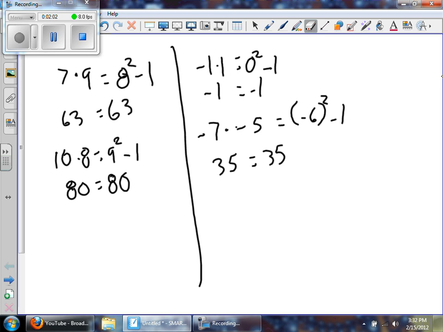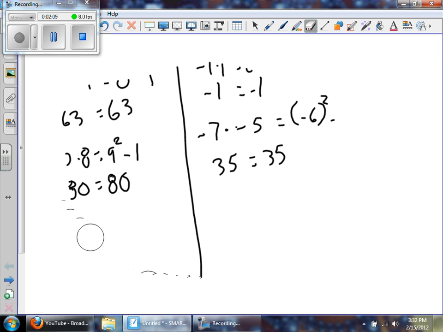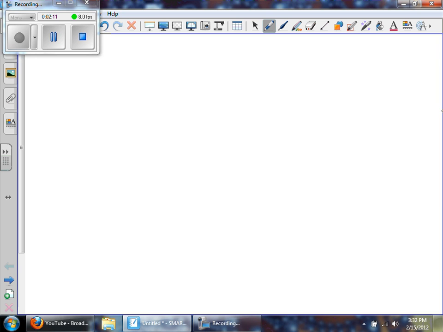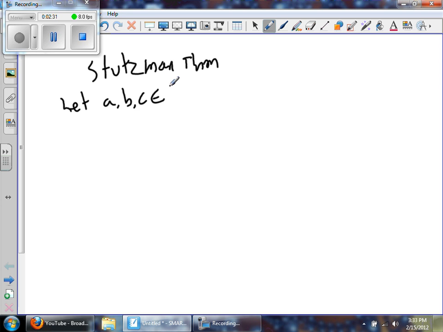So in the cases that we've tried, it seems correct, but as all mathematicians know, these examples aren't all cases, so let's actually do a formal proof for it. And I'm going to call this the Stutzman theorem, tentatively, in honor of the student who brought this to my attention. So the Stutzman theorem. Let A, B, and C be integers